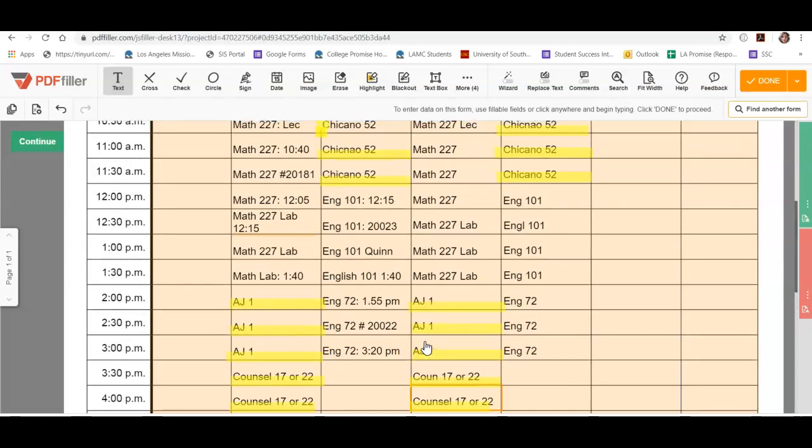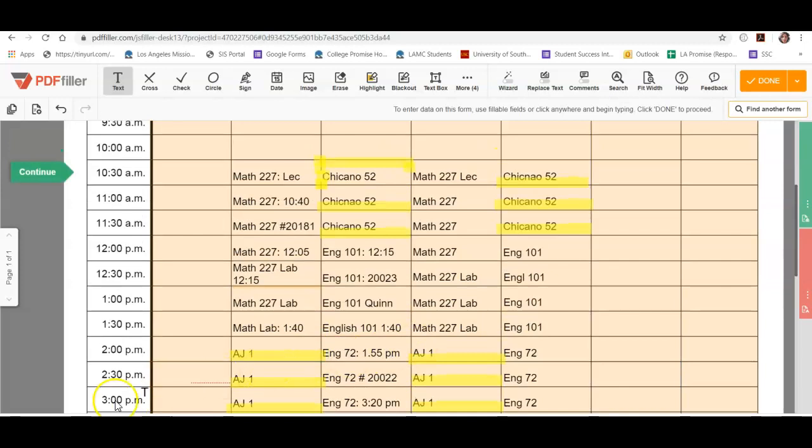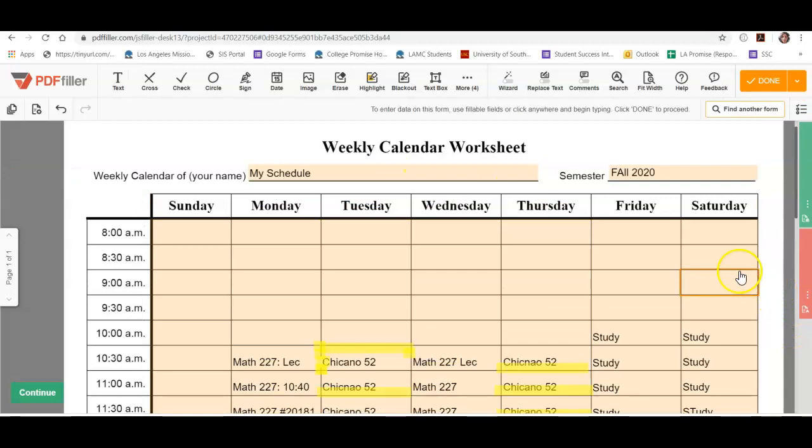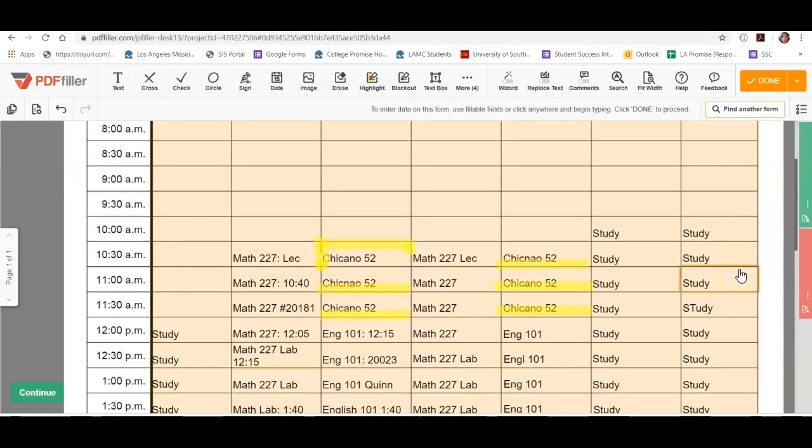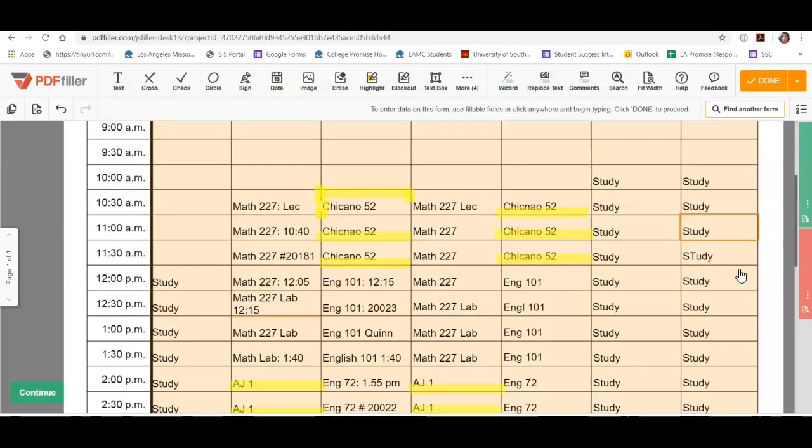Now, the last thing you want to do is carve out your study time. Because you're taking a total of 15 units, if we were to multiply 15 times 2, that means we have to somehow incorporate 30 hours a week of study time. So let's do that now. So here we inputted the 30 hours of study time,